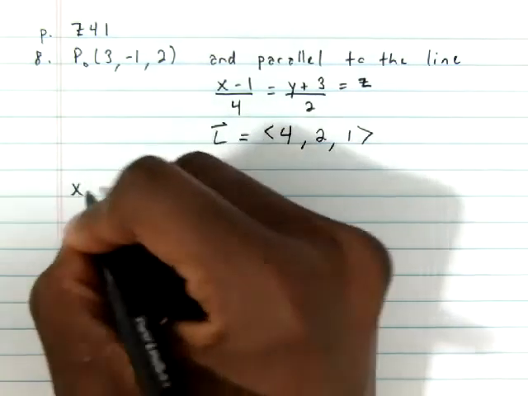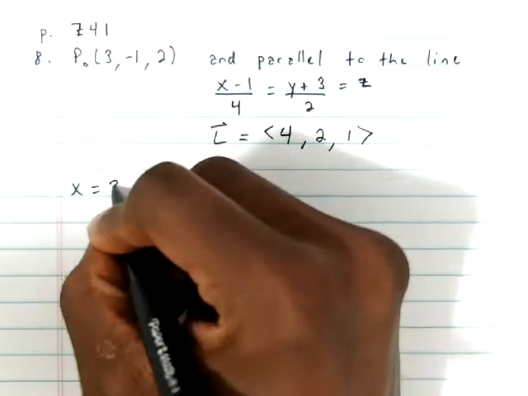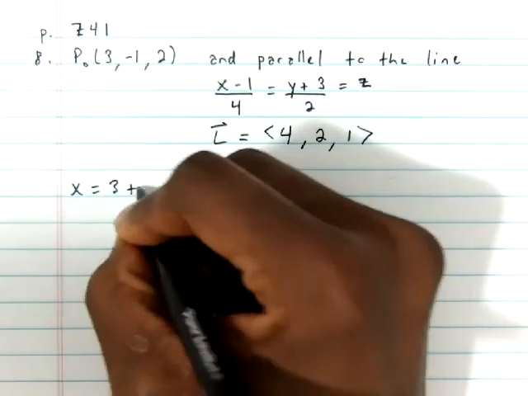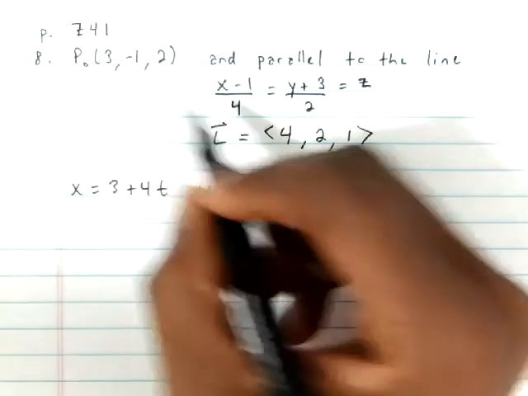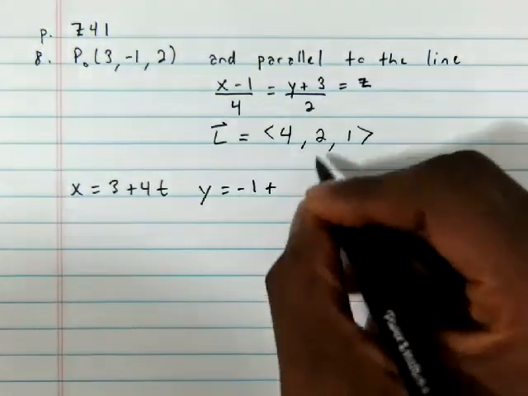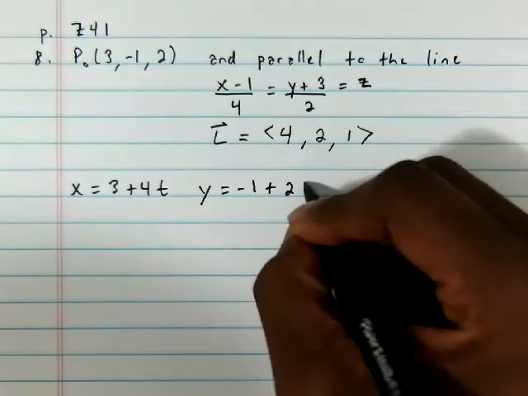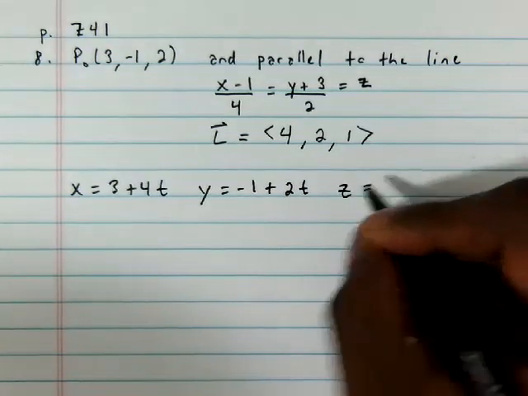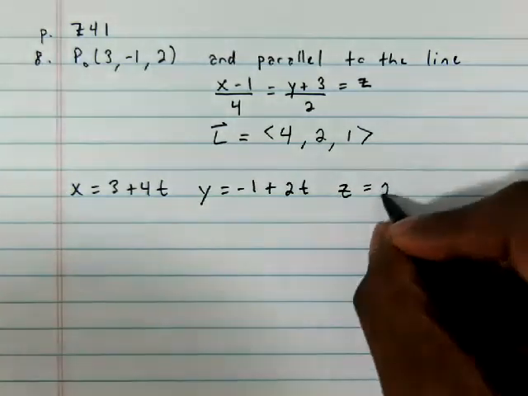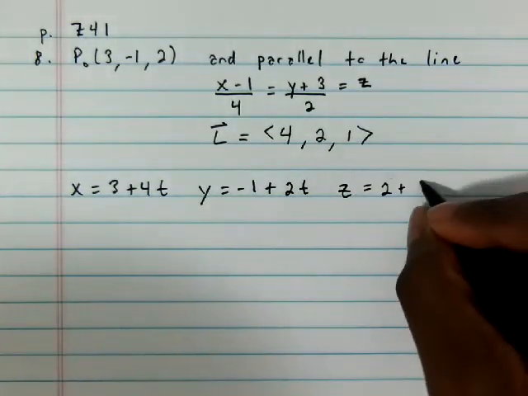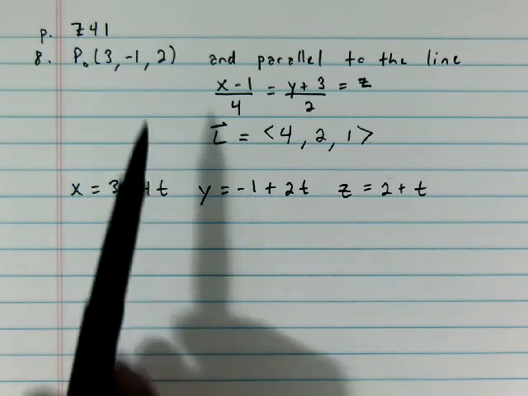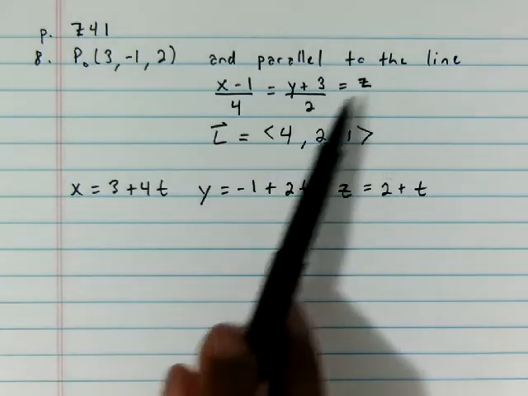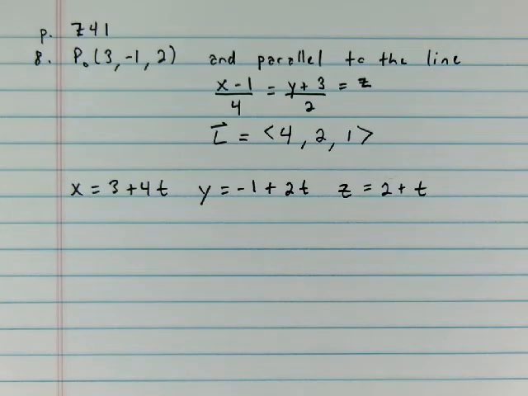So x equals x naught, which is 3, plus at, so plus 4t. y equals y naught, which is -1, plus bt, and z equals z naught, which is 2, plus ct. And we have our parametric equations for that line that passes through this point and is parallel to that line right there. All right, next we're going to look at number 10,